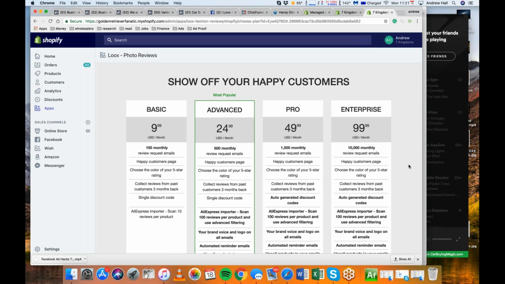But what this one does, I'm not going to download it because I don't even use this store. After a set amount of time, you can set the shipping depending on how long. My products take 21 days to get to our customers. So after 21 days of sending the product out, it sends them another email: Hey, did you like your product? Send us a picture with your product and we'll send you a 20% off coupon. And so they'll send you a picture with the product and also a review of your product.